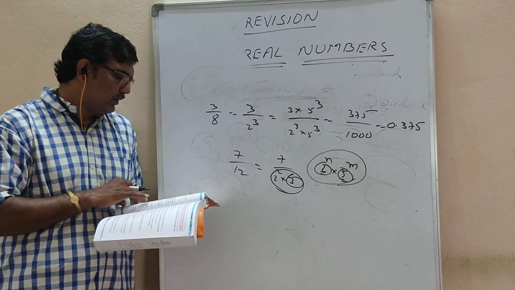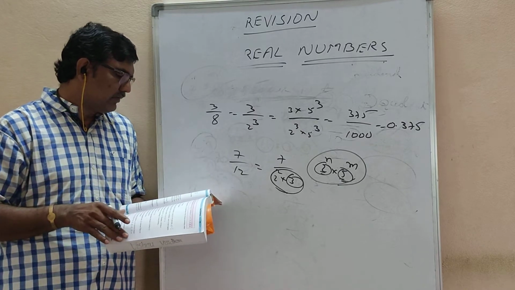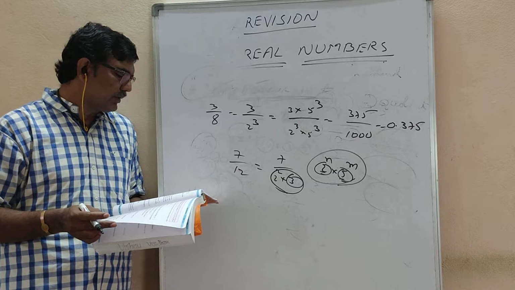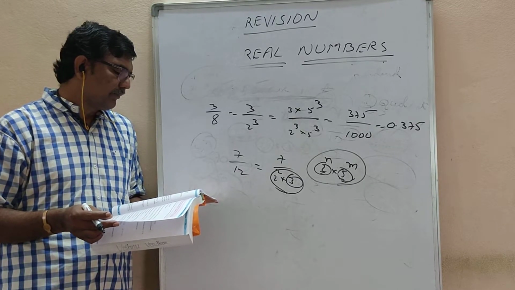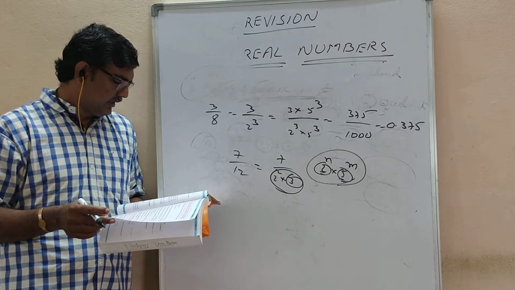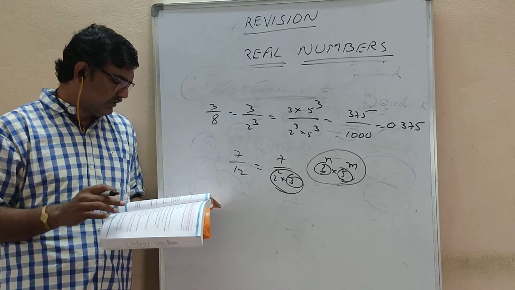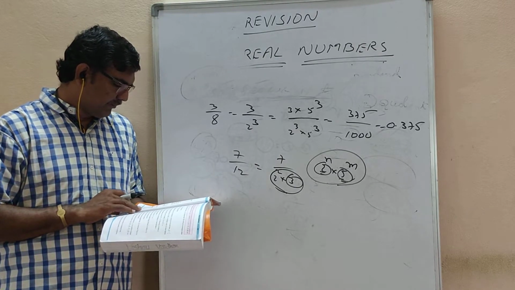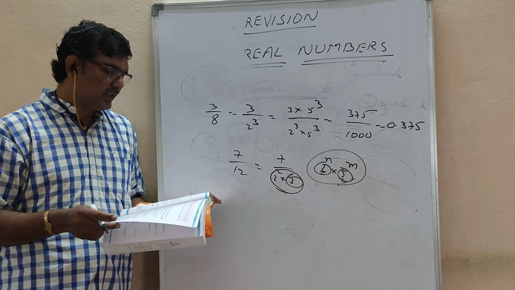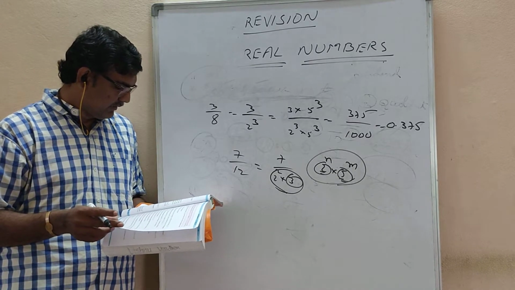Now go through exercise 1.3. Go through exercise 1.3. So in 1.3, fourth question, expressing decimals in the form of p by q is very important. Next, theorem 1.6 is there here. If p is a prime number, if p divides a square, then p divides a. So it is important proof of this theorem. It is also very important one. You have to go through that.